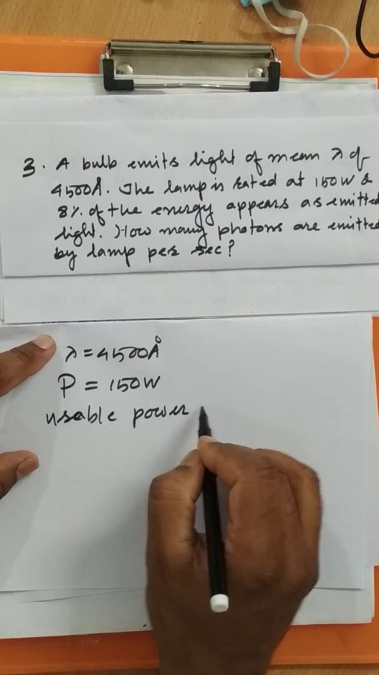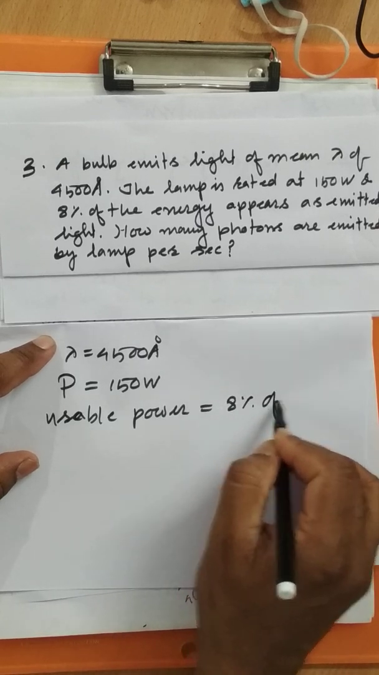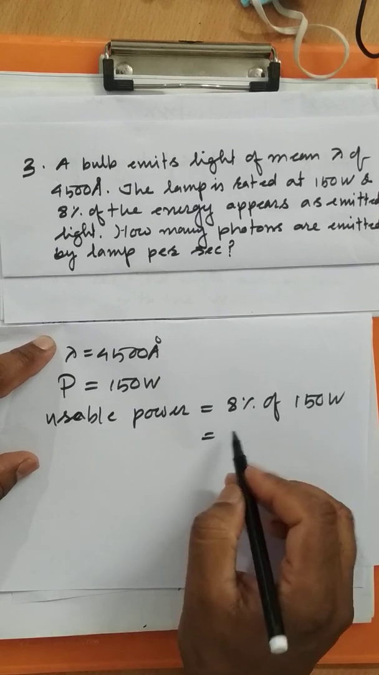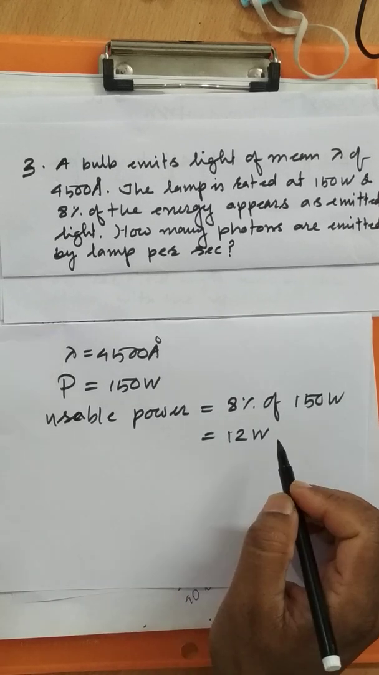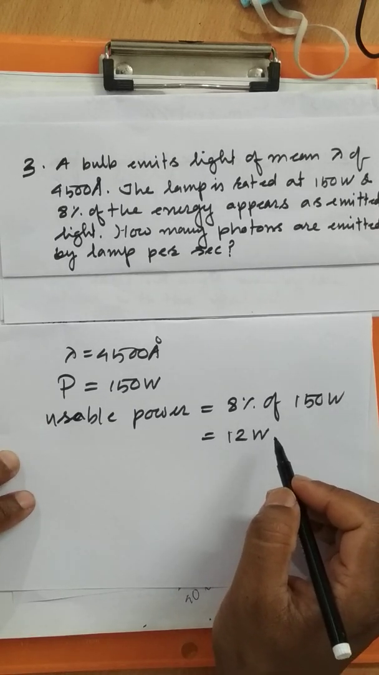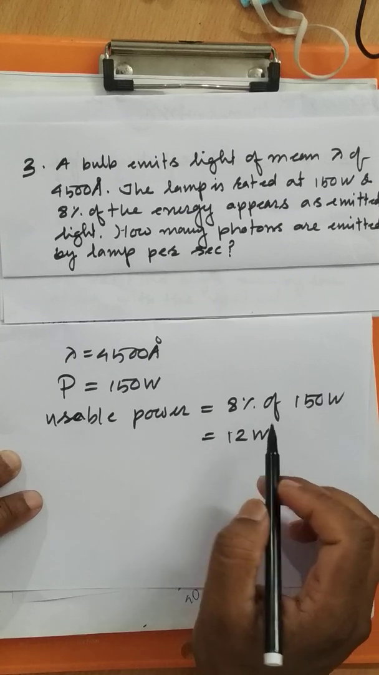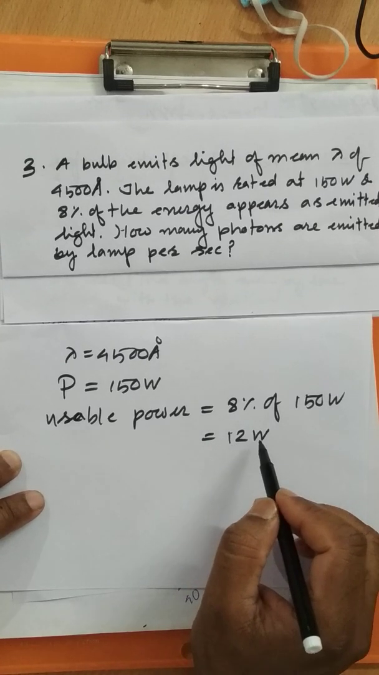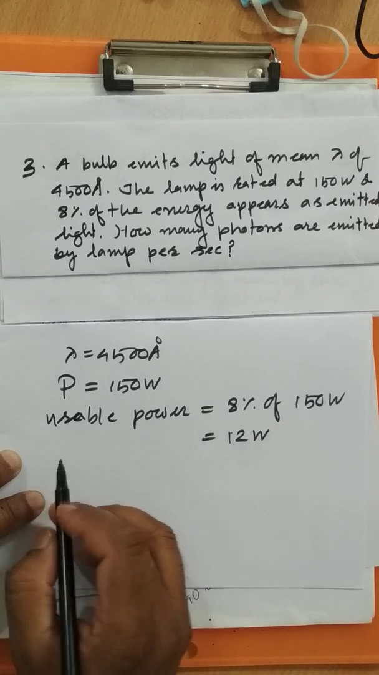power. Usable power is what? 8% of 150 watt. 8 by 100, 150. This will turn out to be 12 watt. 12 watt is nothing but equal to your usable energy. So we have to find out the number of photons emitted per second, means number of photons present in 12 watt of energy. 12 watt means joule per second. Okay. So therefore,